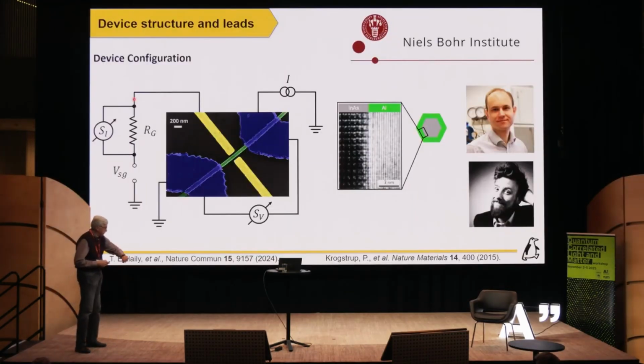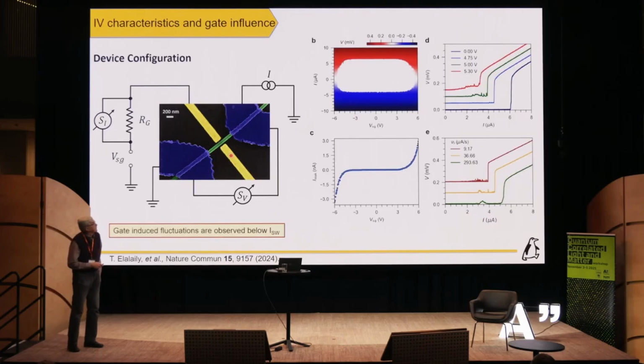Okay, experimental results. So the device is like this, and we measure both the current through and the noise of the current through, and the noise of the current from the gate. Here you can see the results on the switching current as a function of gate voltage, and you can see that when you go above 3 volts on the gate, the switching current starts going down. Also, you can see that the IV curves are getting different. You have some structure before the switching current.